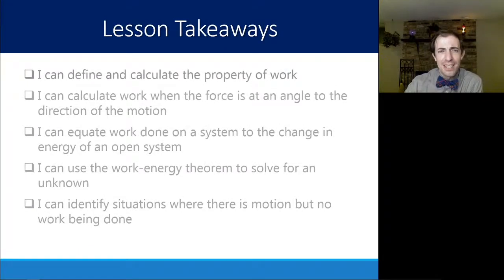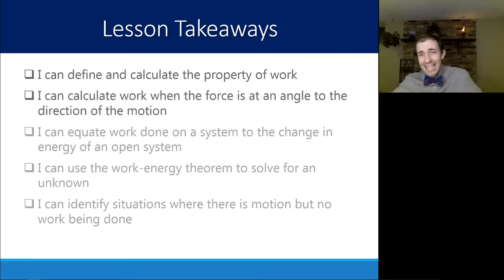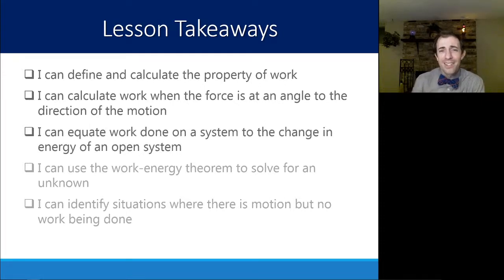So the main takeaways here: you should be able to define and calculate work using the equation W = Fs cos θ. You should be able to calculate work when the force is at an angle, and then equate work done on a system to the change in the energy of that system. And ultimately, with that, use the work-energy theorem to solve for some unknown. So in the examples that we saw today, we solved for force. We also solved for final velocity,